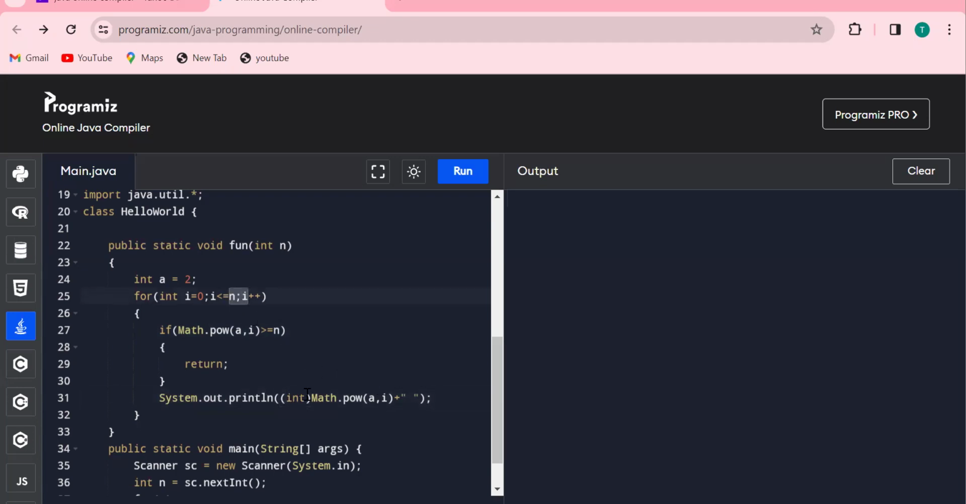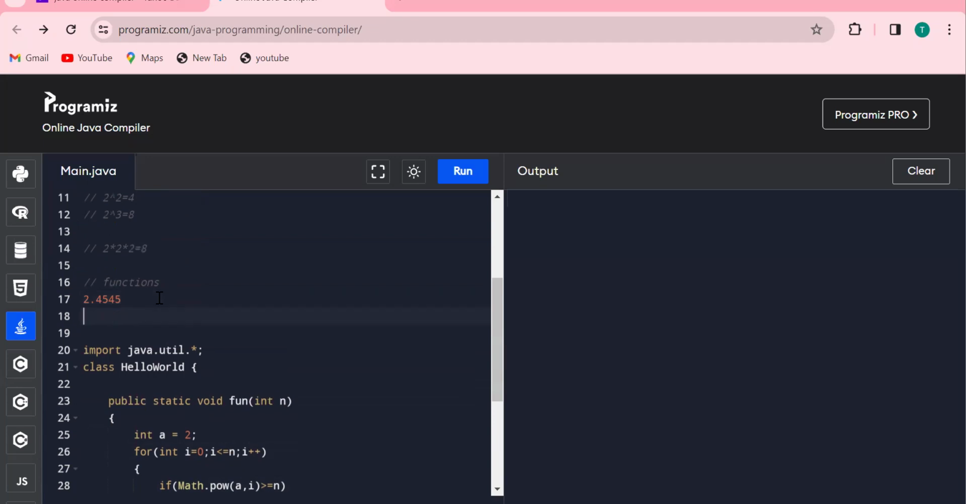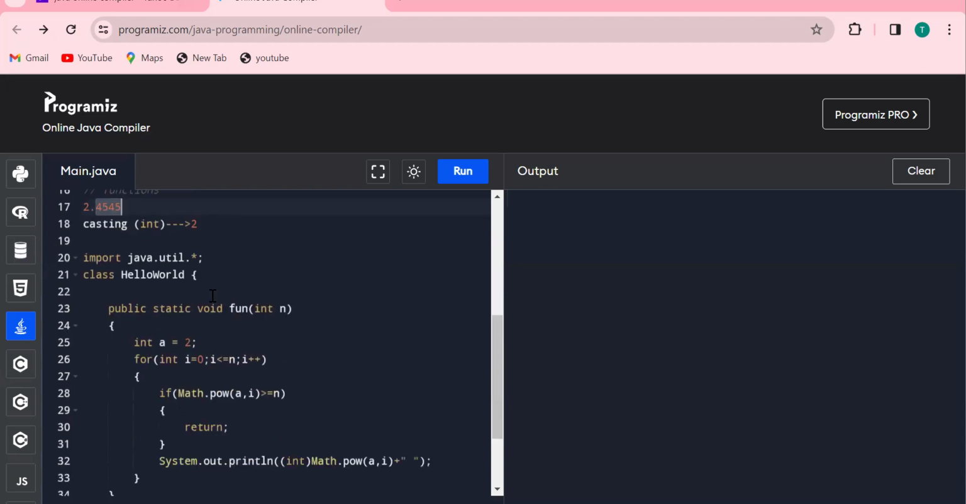But you may have a question: why have we written int? Math.pow will return the values as double. Double means something like 2.4554. To avoid that, we are casting. So we are casting to int. Then it will return only 2. These decimal points will be terminated. So I hope you understand why I'm writing